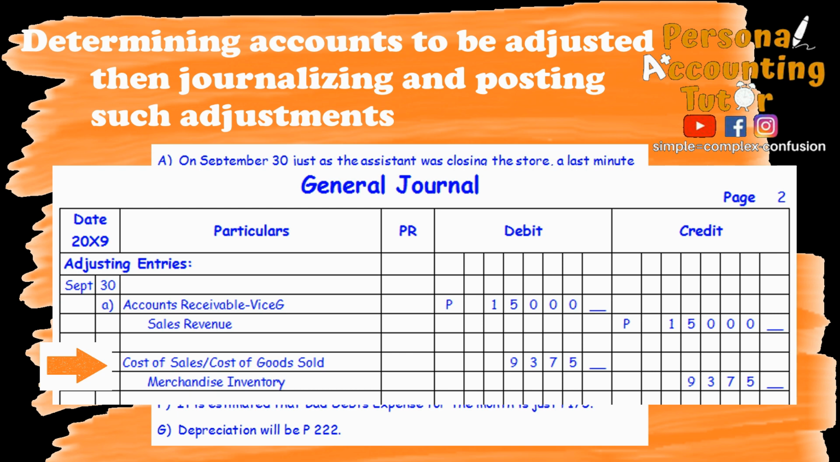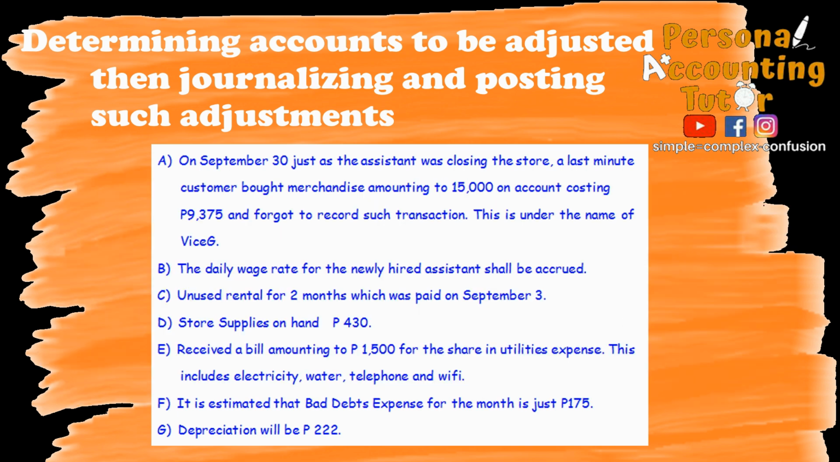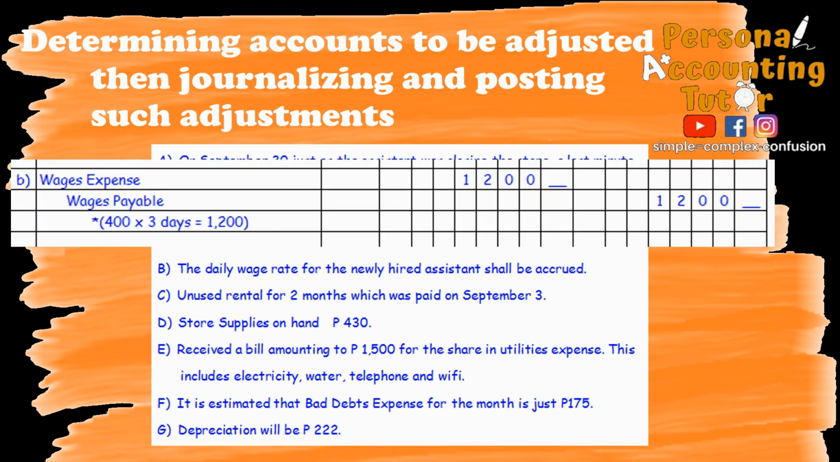For letter B, remember that the assistant started working on Monday, September 28 with a 400 daily wage rate to be paid every Friday, but the end of the month falls on a Wednesday. That means 3 days of the wage must be included in our accounting report even if it's not yet paid. So that's an accrual of expense on the part of Forever Young. Our adjustment will be,